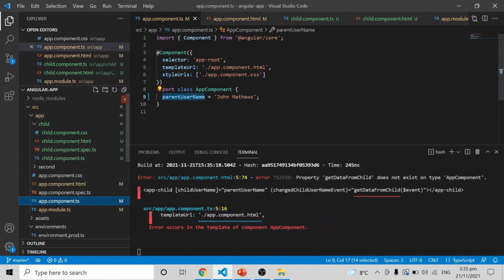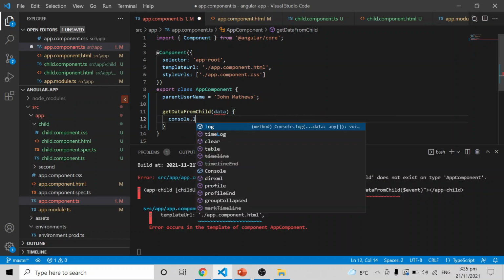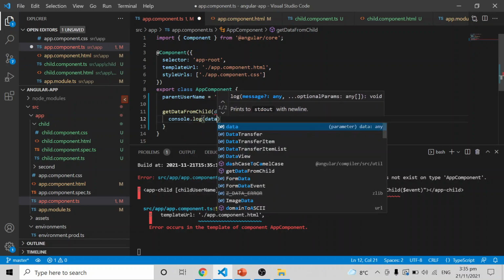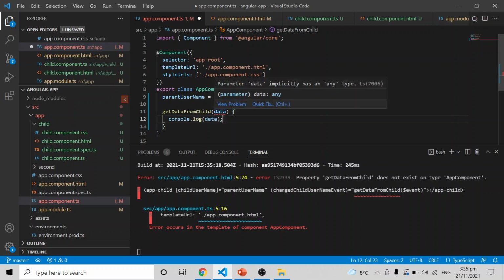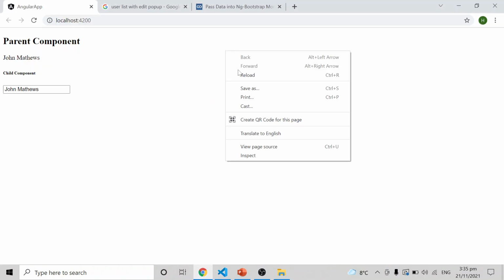Then you can write those functionalities here, and you will get a data here, right? console.log of data. This needs to be mentioned as string. Now you can check. Okay, I'm just taking console.